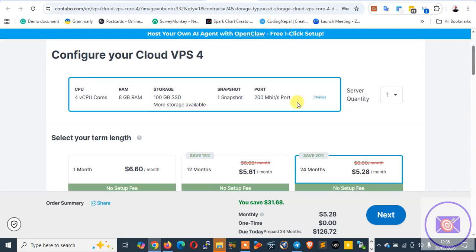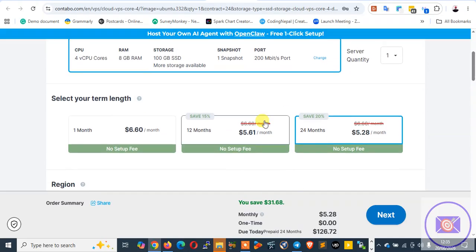And then you select the number of servers. Since you're just setting up for one, ensure your server quantity is set at 1, and you head over to select your template. I'd advise you, it depends on what you want to use your Roundcube Webmail for. If you're a freelancer sending cold email outreach, then it's best you go for 1 month. It's best you pay for your Roundcube Webmail on a monthly basis. So I'm just going to go for select your template